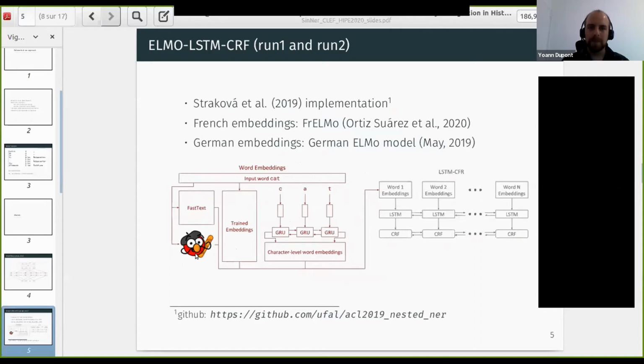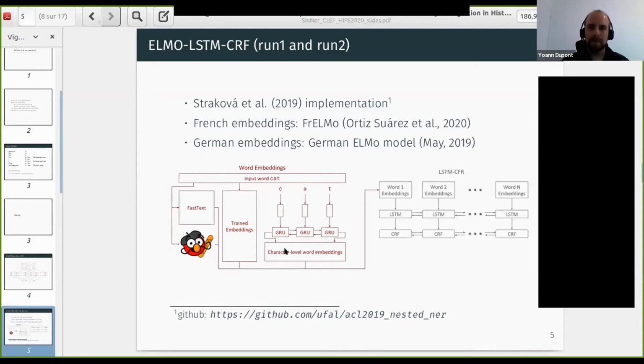So we used here an ELMo model trained on French on the Oscar corpus, which is a deduped Common Crawl subset of French, where language was identified for French. We used the fastText embeddings, the official fastText embeddings and not the shared task fastText embeddings, because we tried and we did not improve results.